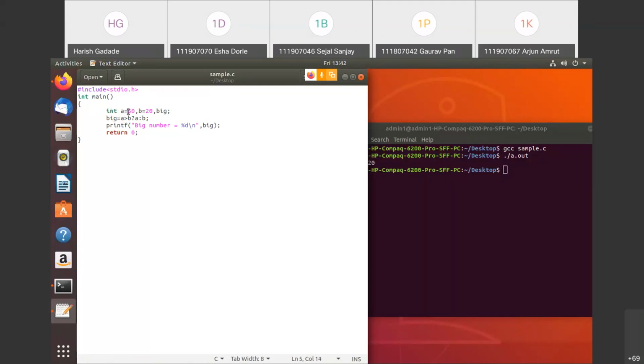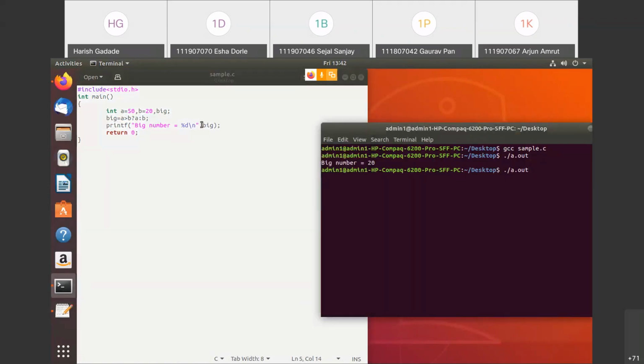So in this case the value 50 would be assigned to big, and the big number value would be 50. I'll save and run it. You can see compilation without error, and if I run this, you can see big number equals 50, right? So this is the ternary operator, or we can say conditional operator.